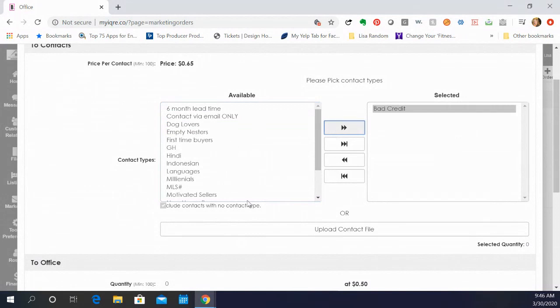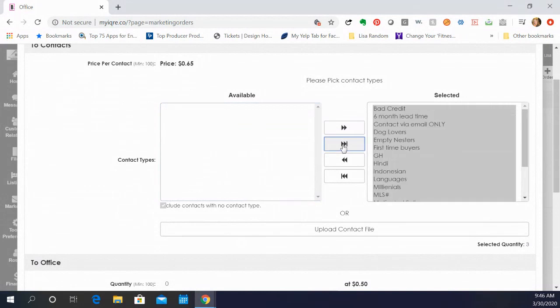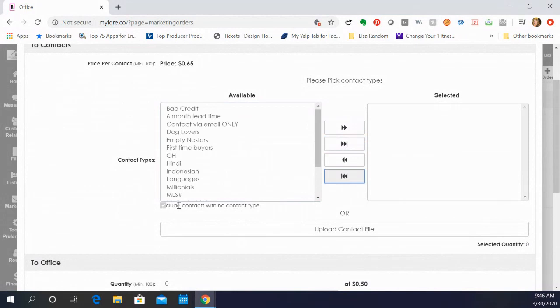If I wanted to add all of my contact types, I would just select this button and it's going to add all of my contact types. Now, if I wanted to select anyone who is in my CRM that does not have a contact type attached to them,